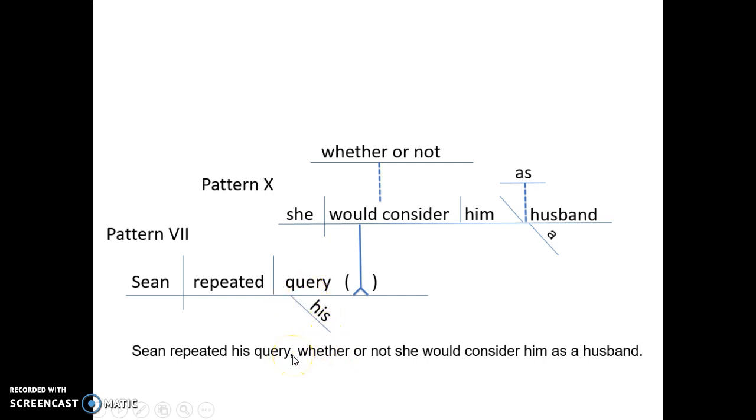Okay, then I have a comma, which is nice because commas kind of help us break up things into our bites. Whether or not she would consider him as a husband. Here's my red flag word. It's an expletive, so I'm going to leave that to the very end because it's not going to be part of my diagram. So then I put, in this case, it's functioning as an appositive. Because what is his query? We have a noun clause that is